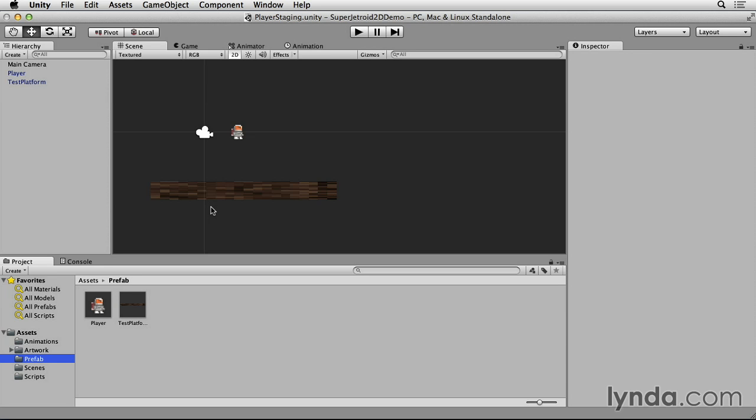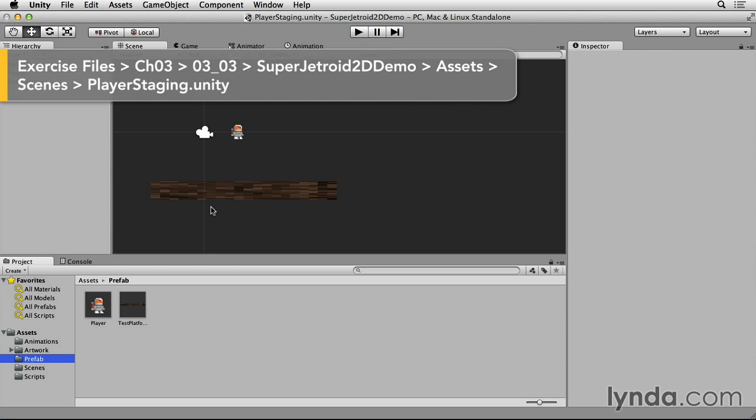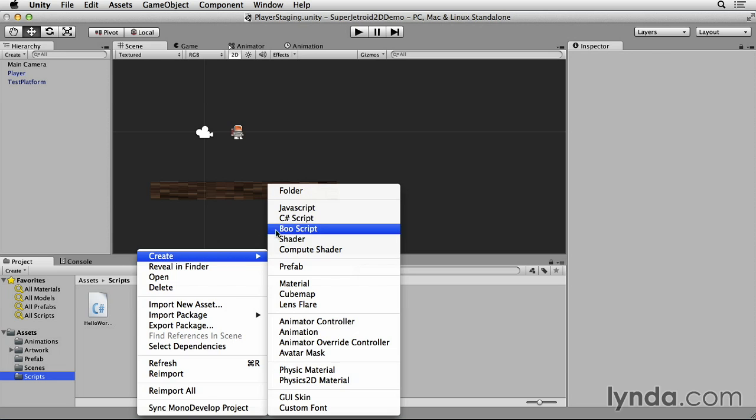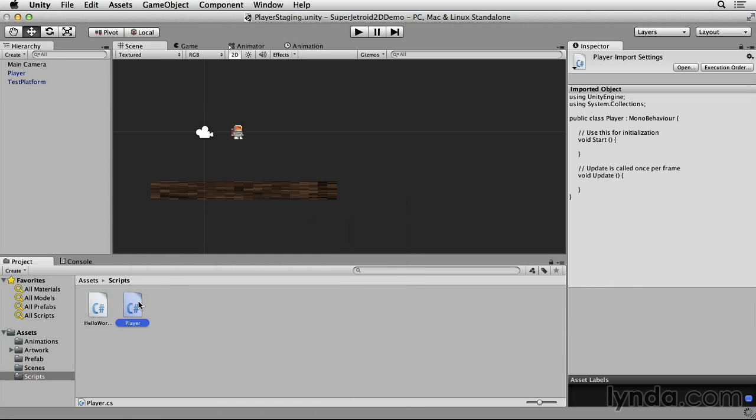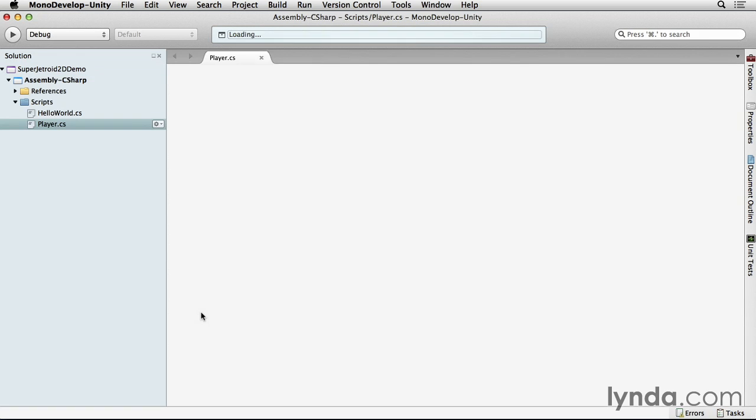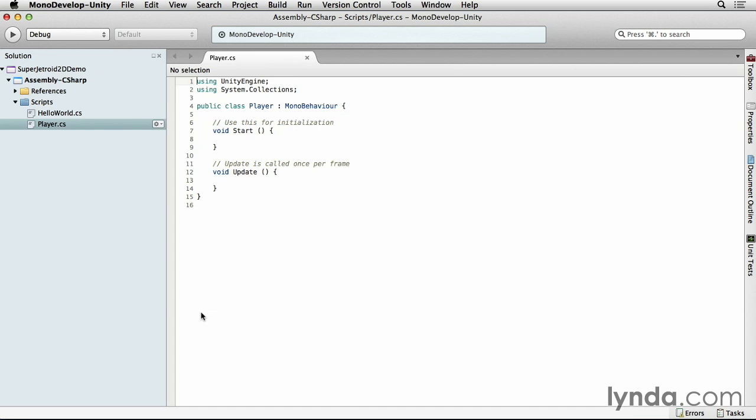So now that we've added basic collision to our player and to the test platform, let's look into how to actually make the player move left and right. We're going to go into our scripts folder and create a new C# script, and we're going to call this player. We'll open up the script in MonoDevelop, and we're going to need to add two new properties